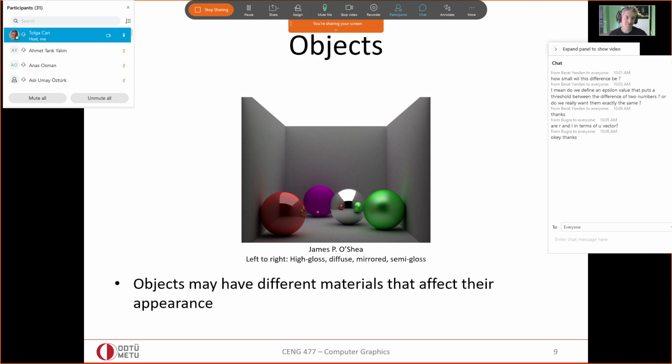What it means is that in real life, your looking direction to the sphere, the purple one, does not matter. The light rays coming onto the sphere are reflected off in every direction in equal amount. All right, so this is what it means to be matte. But if you're shiny like this, light hitting this is reflected off